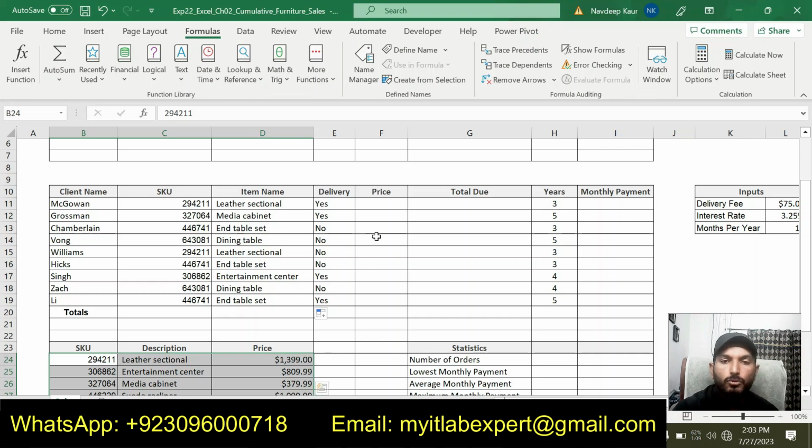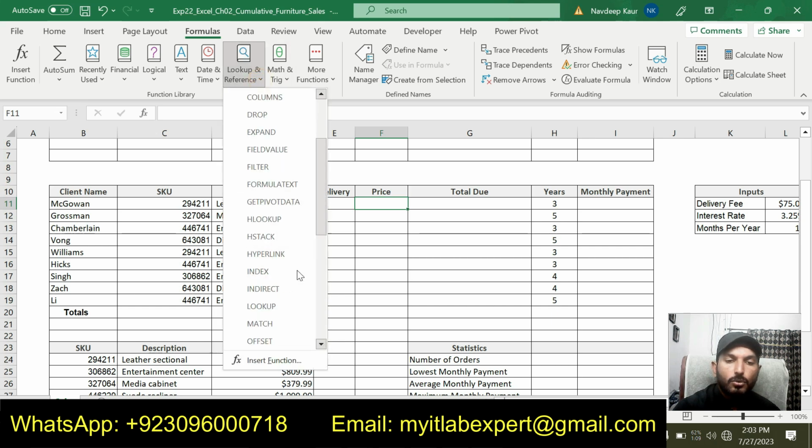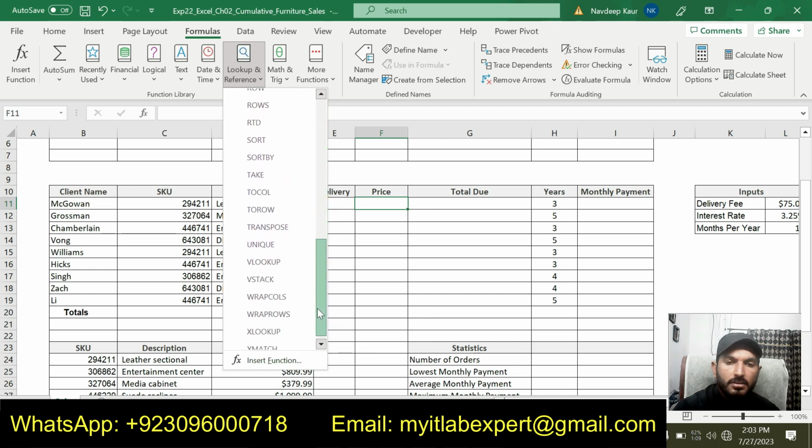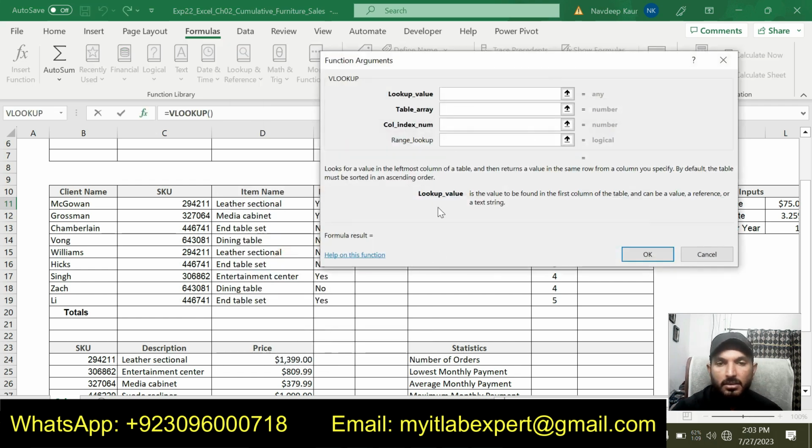So we are supposed to use this lookup formula in F11. We will simply move to F11, this one, and again move to the formula step. This is the formula step, and again look up references and look for the lookup function here, this one.